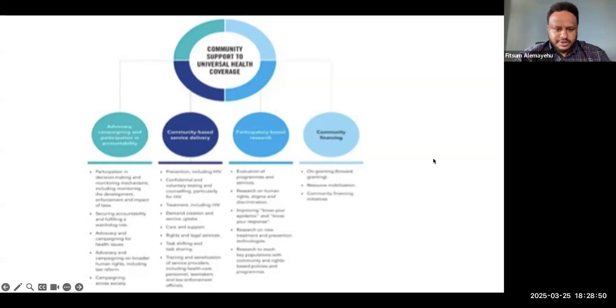Oftentimes, we have what we call corporate social responsibility, where private sectors, alongside government institutions, provide those services for communities. But usually, we see this being part of a report at the end of the year, something that both government and the private sector can report on in terms of providing support to the communities. However, if communities are part of the research initially, if communities are part of the service delivery, from actually delivering services to the awareness and demand creation, if communities are part of the advocacy approaches,